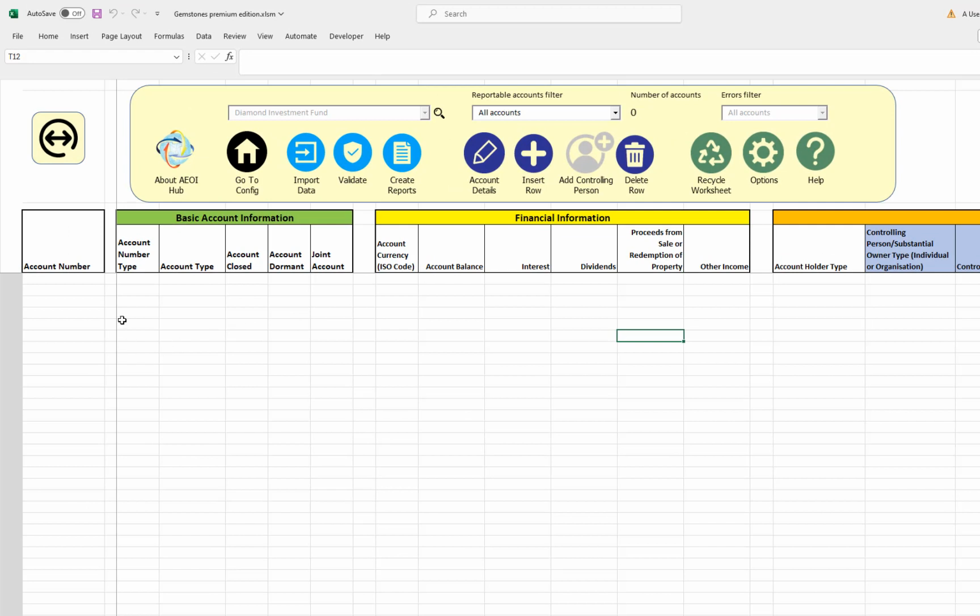There are three main ways that you can get data into the template. The first method is what I refer to as the spreadsheet entry method. So you can simply enter data here, work your way across from left to right, making your entries and selections. You'll note that as you start to select and enter data, certain cells may become greyed out where they're not relevant. So for example, here I've selected investment as the account type, and certain categories of income are not relevant, so they become greyed out. I'm just going to carry on entering some information.